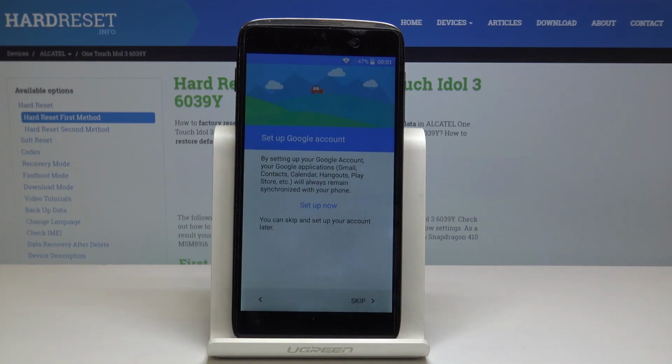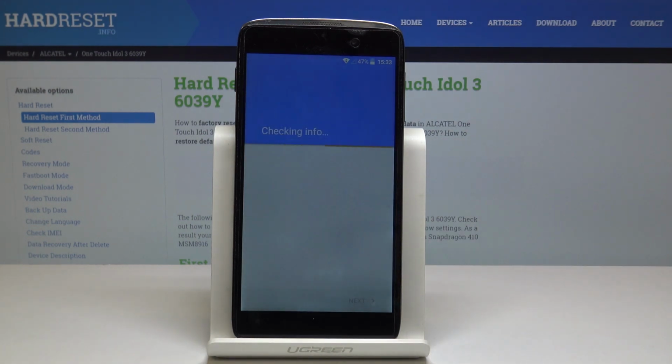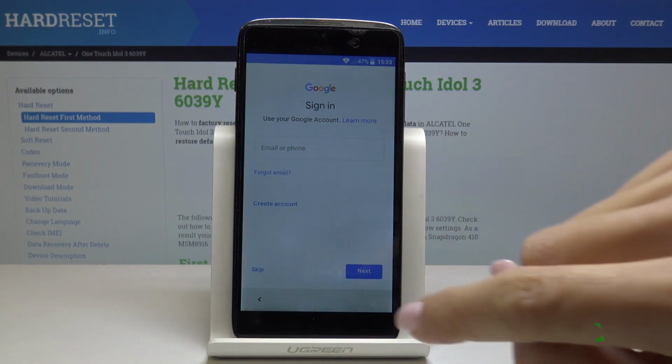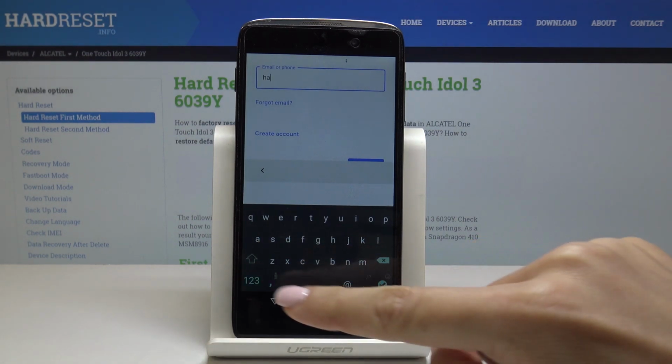Here you can set up your Google account, so if you have one you can log in with it. Let me set it up now. Tap on set up now. You can log in either with your Gmail or with your phone number. In my case it will be email address